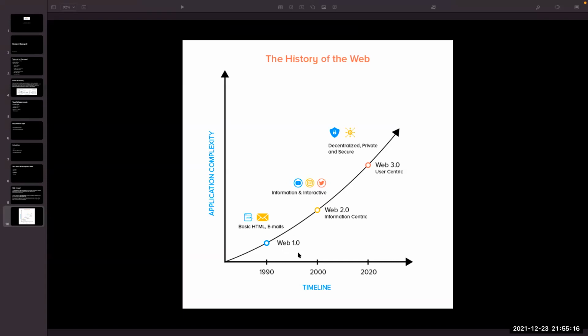Then a lot of companies came together and started working on the internet. They thought the internet was going to be a very big thing. They started developing products so that they could earn from the internet. That started a very good push, and that became Web 2.0. And this Web 2.0 is the current phase that we are in now.